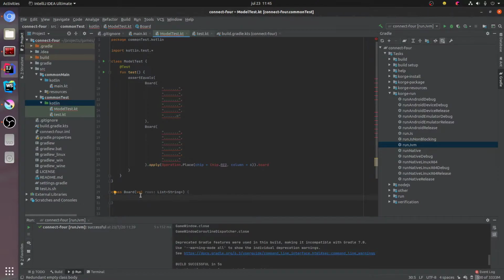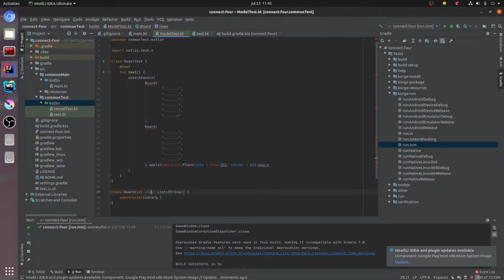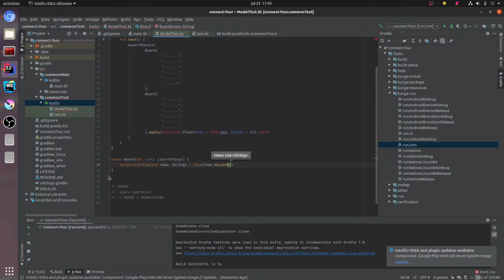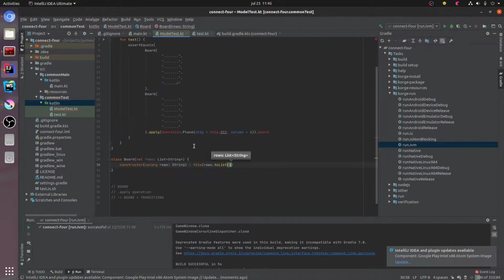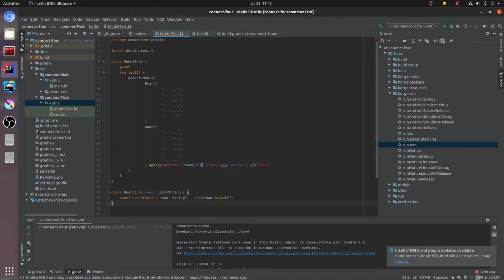And well, starting with this, we can provide a rows string here and call the constructor with a list. So with this we would have a board already, nothing too fancy. And well, this board is immutable already,